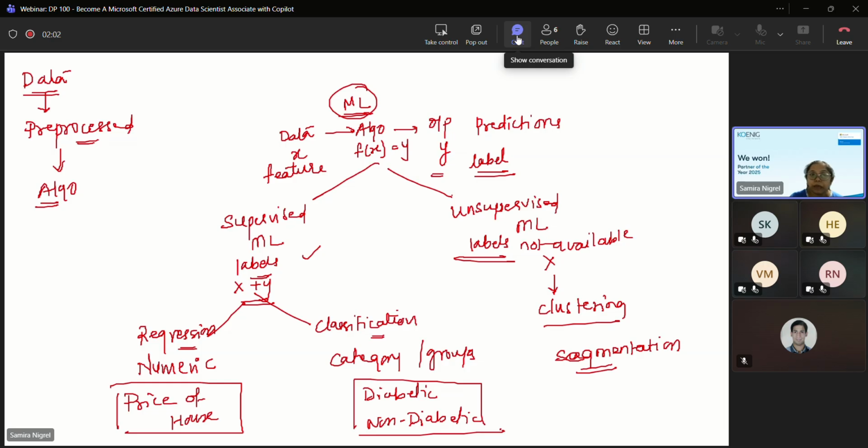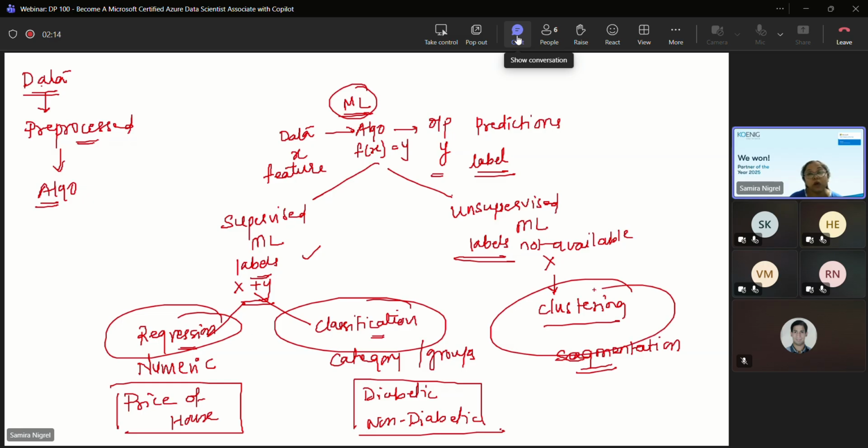The algorithm will be implemented based on the data, and based on what category or problem statement we are looking at. For each category, like regression, classification, clustering, there are thousands of algorithms available. So we can implement one based on our requirement. The algorithm is going to provide you the output. This output can be evaluated. What does that mean? Is it performing well on the data or not?